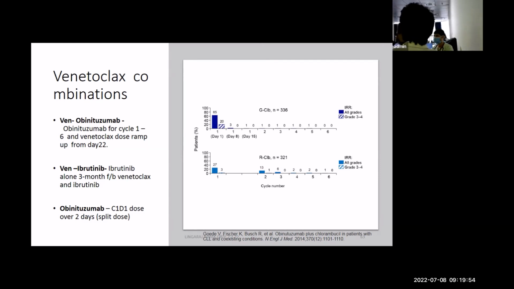You get called to see those patients. But if you just compare, grade 3, grade 4 is 20% on day one. So that's why the obinutuzumab dosing is different from rituximab. With obinutuzumab, you give a 100 milligram dose on day one, and the remaining 900 on day 2, right? In spite of that, you also see infusion reactions, typically in the first cycle on day one. So these patients need admission in the first cycle and particularly meticulous monitoring for infusion reaction.